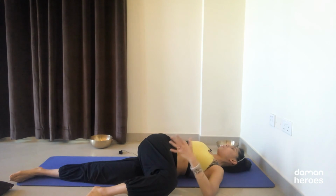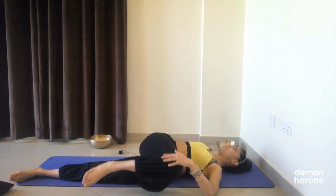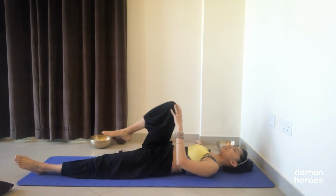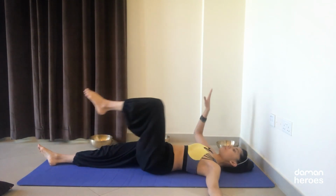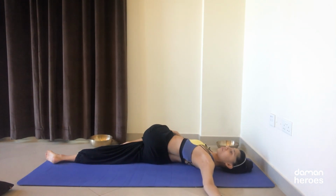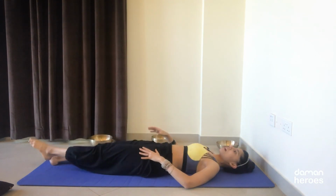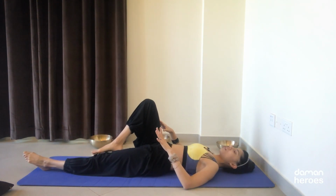And here we hold the posture and just breathe. Breathe calmly, relax the shoulders, look over the opposite shoulder and hold as long as it's comfortable for you. And then slowly bring it back to center. Extend the right leg, bend the left knee, right hand guides the left knee all the way to the other side. So once you're comfortable with this, you want to work with keeping the foot connected to the opposite knee